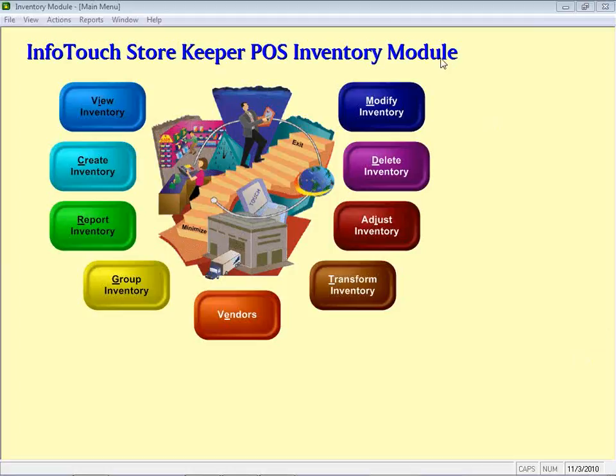So today's session of InfoTouch University Online is going to cover the matrix function. The matrix function is principally used in the apparel and shoe store industries. It is not a huge function, but it is one that is very important to people in those segments of